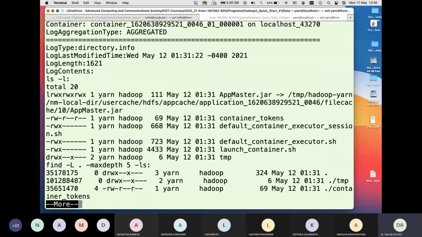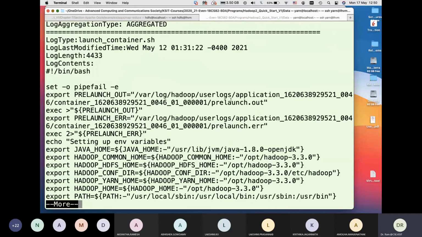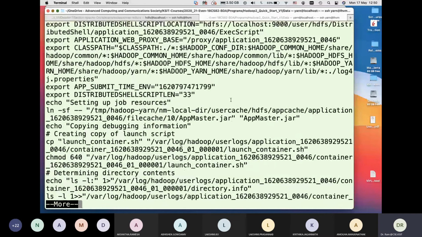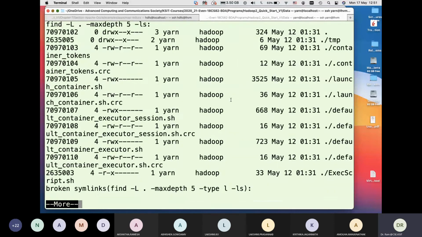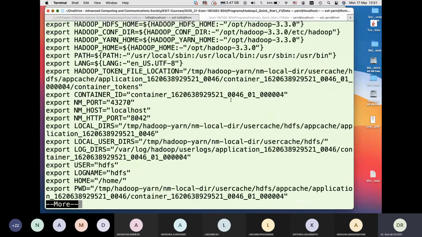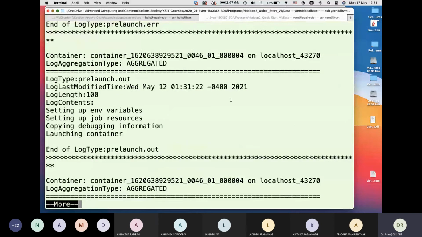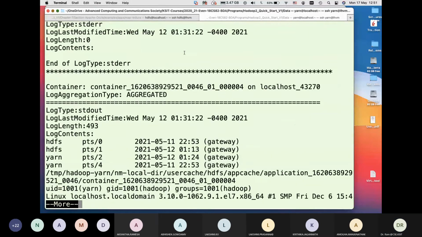This is the application master. So we look at container number 4. This is container number 4, and we'll get the output in stdout. This is stdout, and you get the output. So depending on what you are running, there is no MapReduce here.